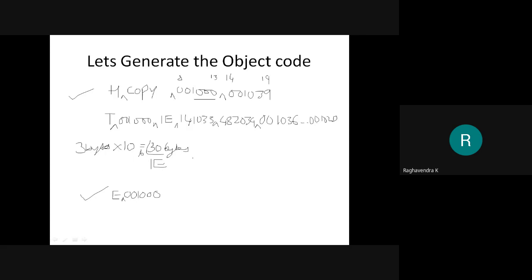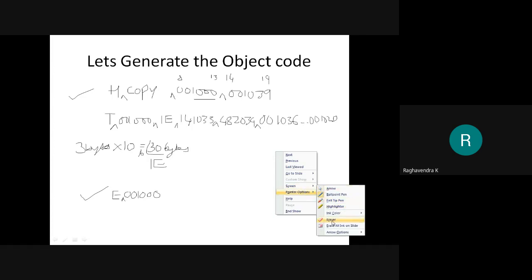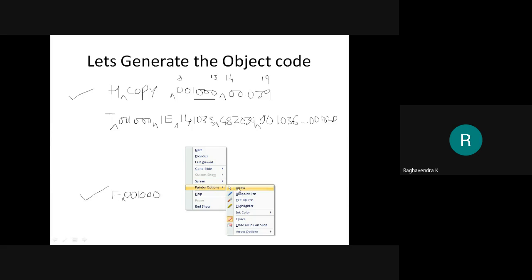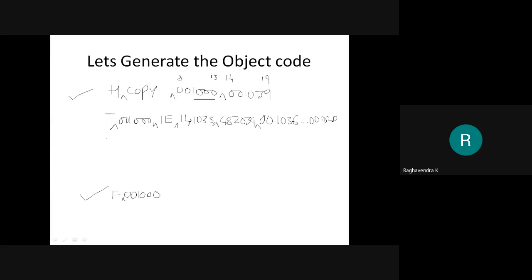After this I will not be able to add more instructions, because the maximum size of one text record is 10 instructions. So I wrote the first text record, but my program still contains instructions. So what am I supposed to do? I'm supposed to add one more text record for my object program. So I'll write T. Now come back to the program.